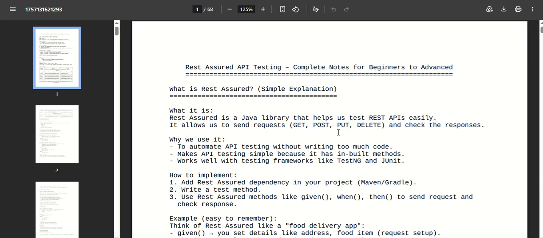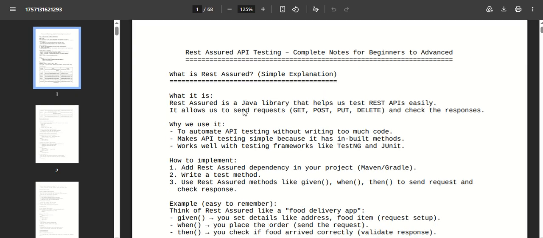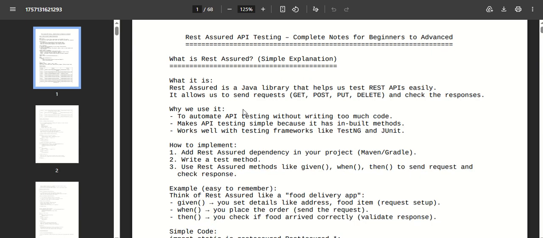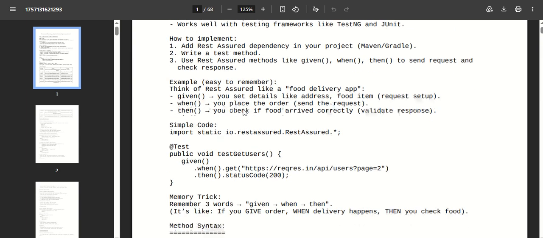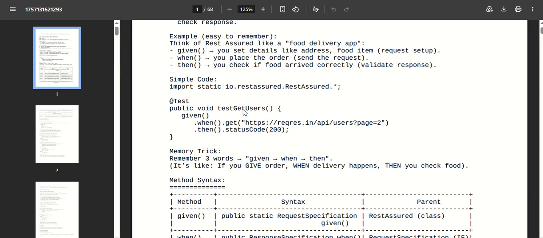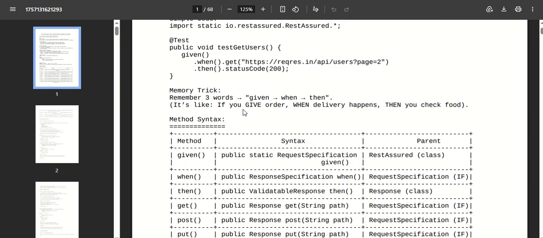Today let's discuss the Rest Assured API testing notes from basic level to an advanced level. Okay, so you can see my notes, right? I'll slowly go through whatever we have covered. So the basic explanation goes like what is Rest Assured and why it is used, how to implement, okay, and a sample example to understand the Rest Assured code